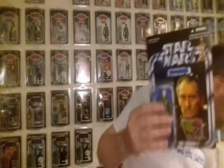We were talking about Tarkin, and there he is. That is my number 4. Brilliant card back, amazing character, and again, just like that Rebel Trooper, it's probably added to the value of them as well. He's got a new lease of life with Rogue One coming out. But great to see these characters. This guy's amazing. I love Peter Cushing, I love Tarkin. Let's move on to number 5. And my number 5 is...